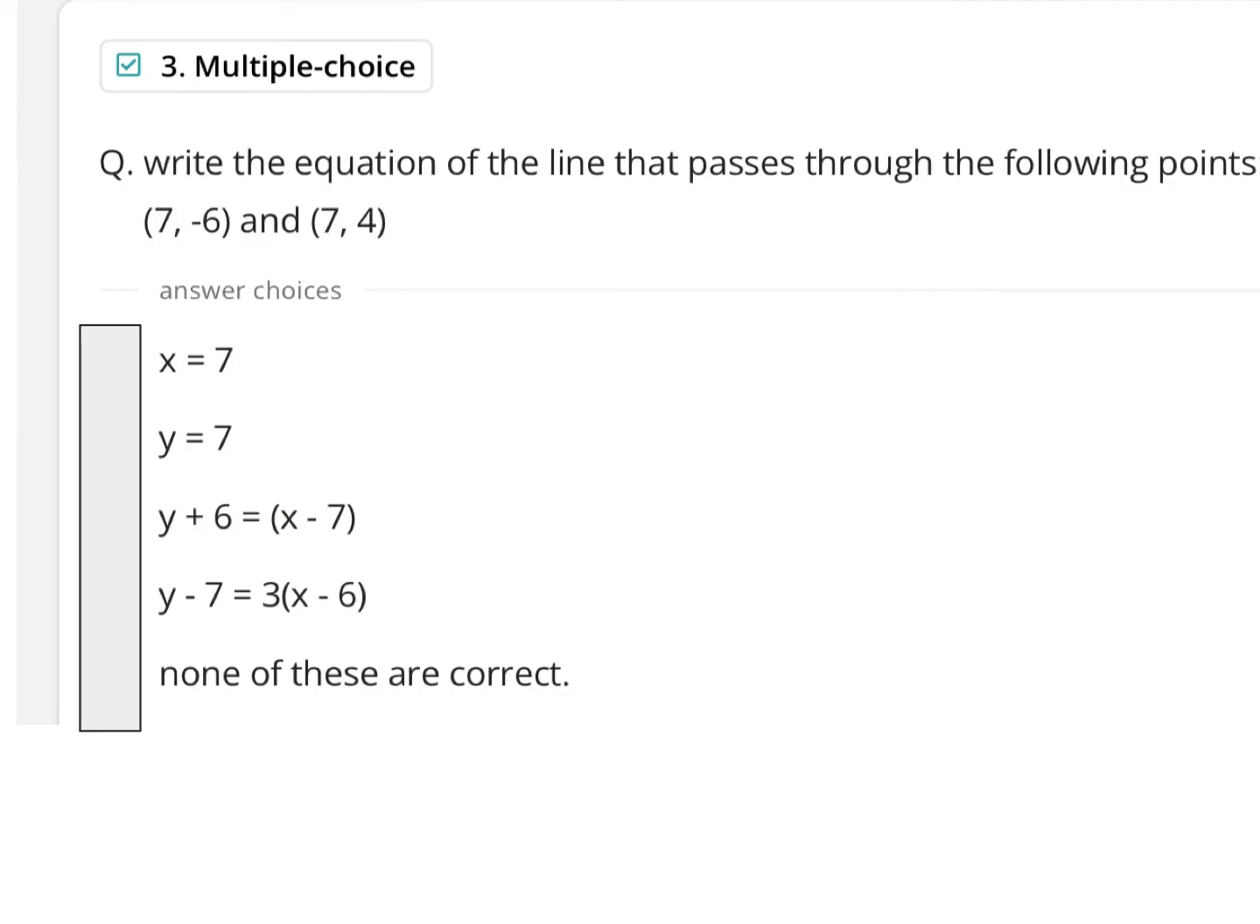Write the equation of the line that passes through the following points. The only thing that you could do with 2 points is to apply the slope formula and find the slope. That would be y2 minus y1 over x2 minus x1. And you need to know how to use the formula. I would rewrite it: m equals division, subtractions, and then you plug in your x1, y1, and your x2, y2